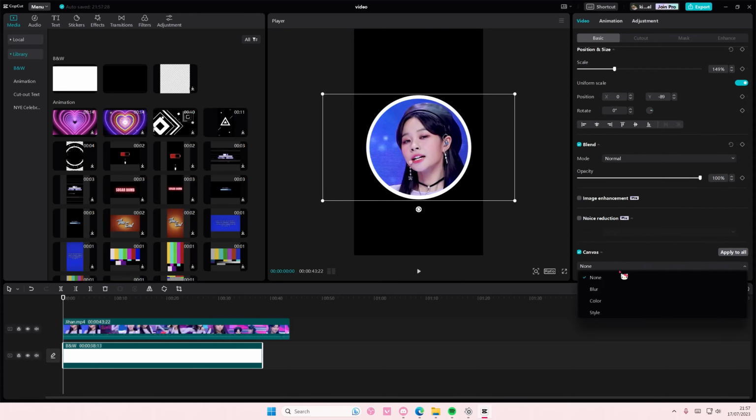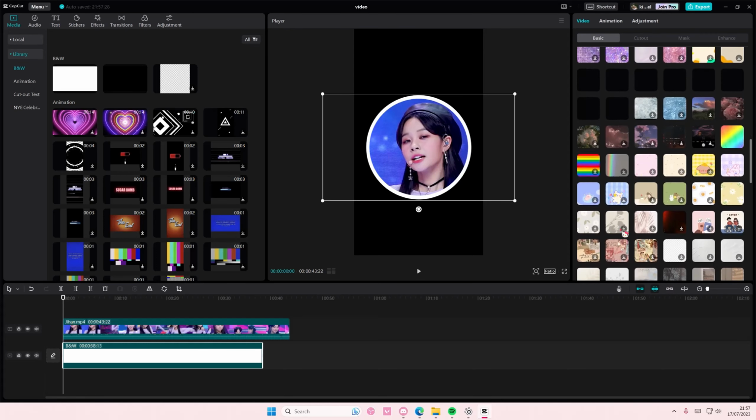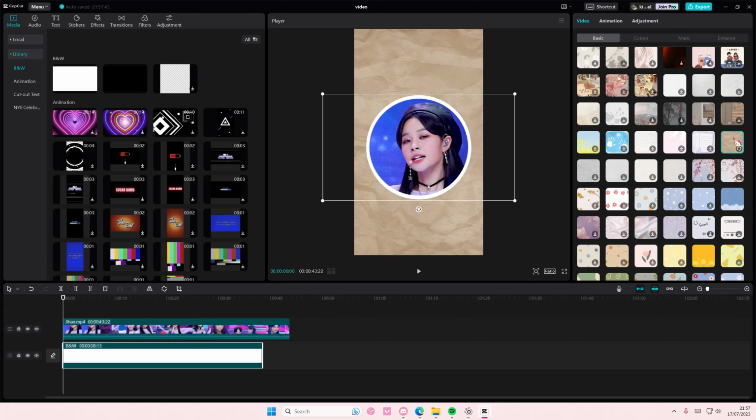You can also go to canvas and go to style and add in like a background, maybe like a paper background or something. I don't know, it's up to you what you want to add. Maybe something like this. Then go to